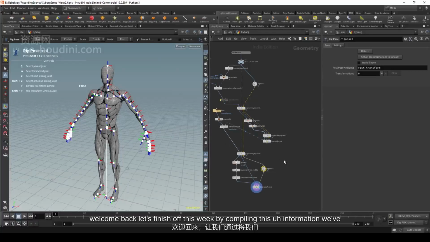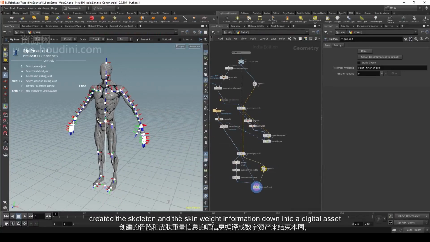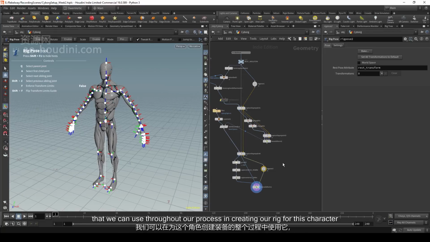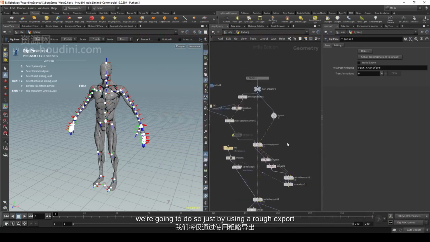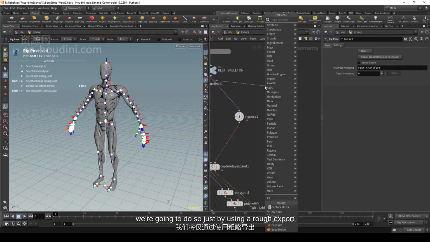Welcome back. Let's finish off this week by compiling this information we've created, the skeleton and the skin weight information, down into a digital asset that we can use throughout our process in creating our rig for this character, and that we can hand off to other people in our pipeline if maybe they want to create their own custom rigging setups, but everyone wants to use the same skeleton and same skin weight data without needing to reproduce it all. We're going to do so just by using a ROP export,